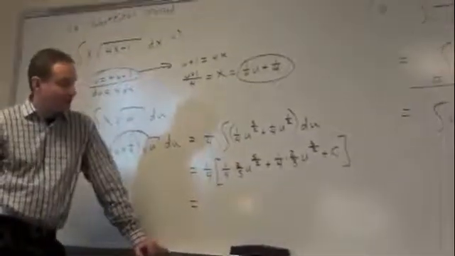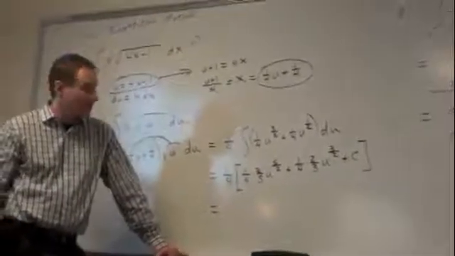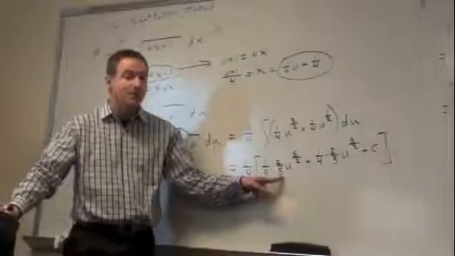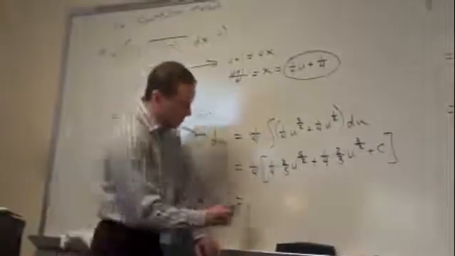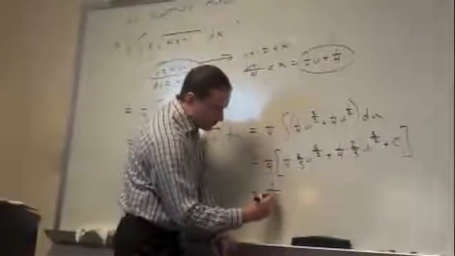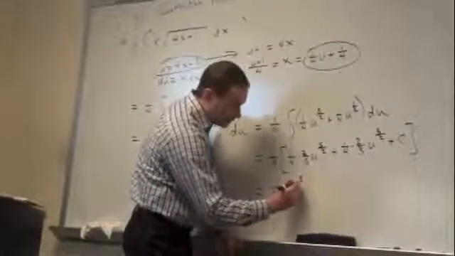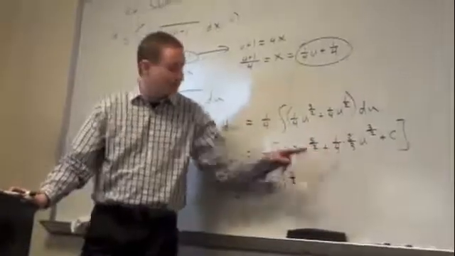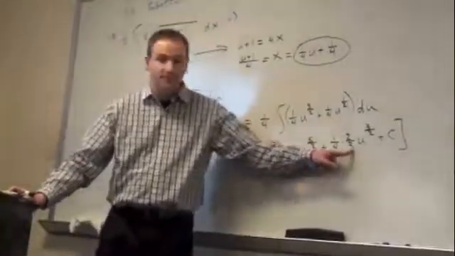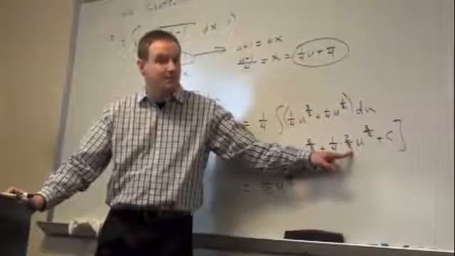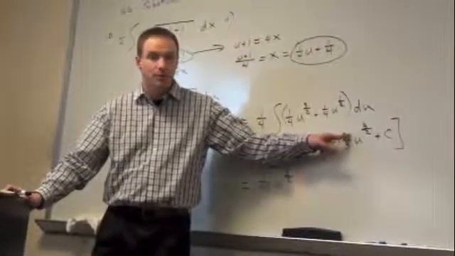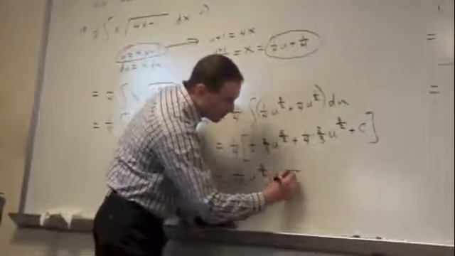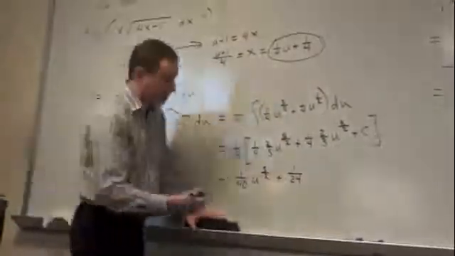I'll have 1/4 times 1/4 times 2/5. So that'll give me 4 times 4 is 16 times 5 is 80. 2/80 reduces down to 1/40. And then I'll have my u to the 5/2. The next one, again, the 1/4 distributes. I'll have 4 times 4 times 3 in the denominator. That's 16 times 3 is 48. Have a 2 in the numerator. It's going to reduce down to 1/24. And I'll have my u to the 3/2